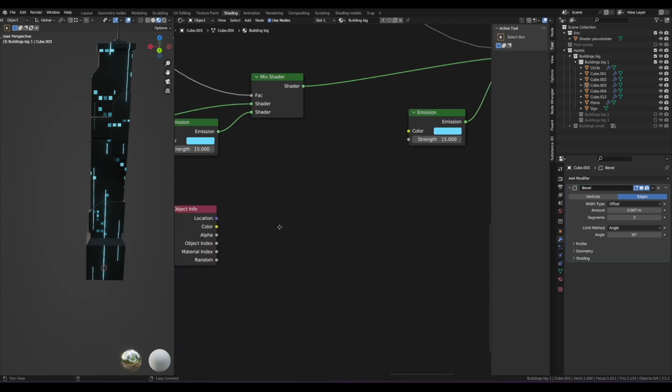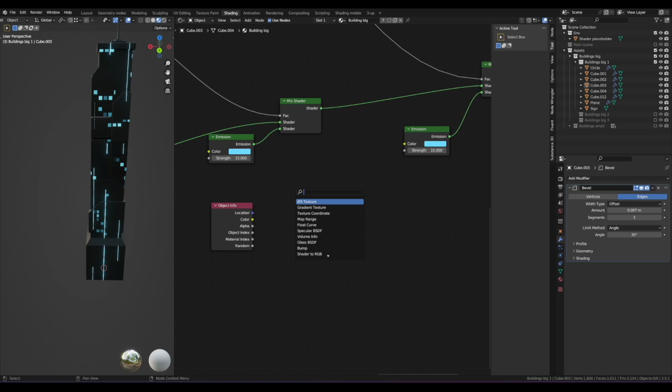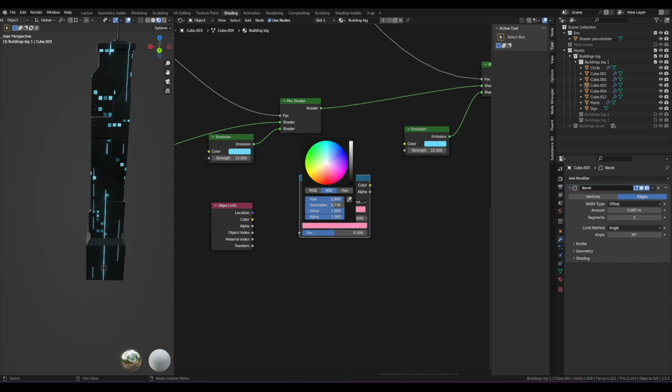And we can use that information to drive a color ramp. Again, there's a lot of color ramps here. We can set this to constant. Let's bring this stop in, and we can add one more color stop with this plus icon. And we can copy this color here with Control C if we hover our mouse around the color chip, and we can paste it in one of these slots. So to make sure we're using the same color, let's paste it in this one as well and change this color to maybe like a pink color. You know, whatever you want, whatever you think looks good. Maybe this color is more of like